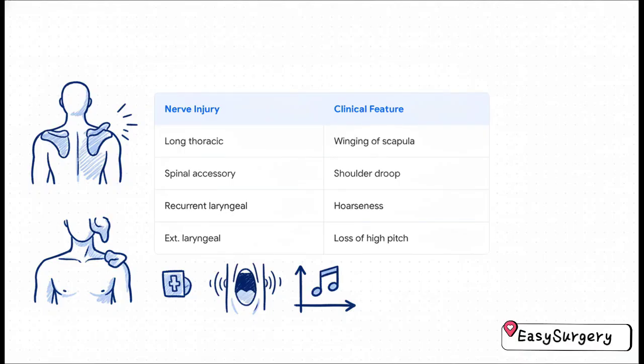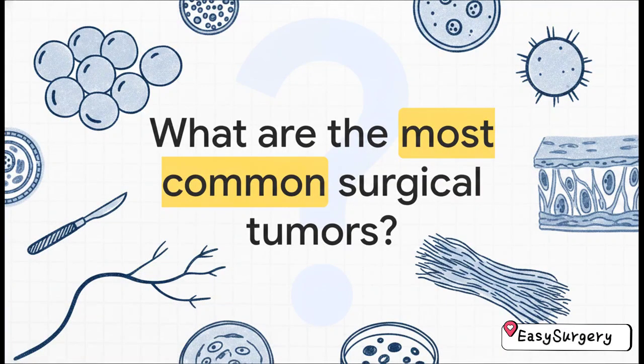If you see a winged scapula pushing out of the back, that is the long thoracic nerve, no question. A shoulder droop? Spinal accessory. If your post-op neck surgery patient is suddenly hoarse, you've likely hit the recurrent laryngeal nerve. But if they just can't hit those high pitches anymore when they speak or sing, that points strictly to the external laryngeal nerve. Okay, so having mastered the nerves, let's pivot for a second to oncology and ask ourselves this: